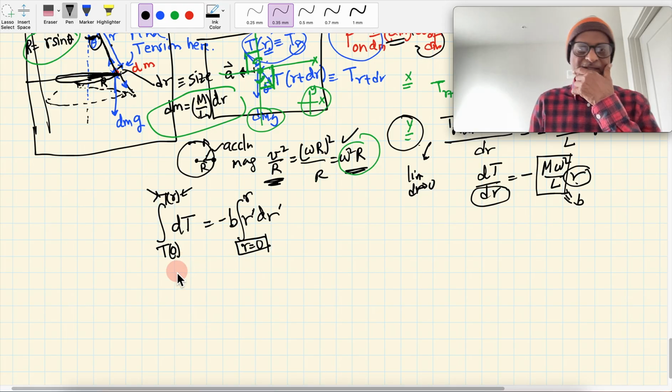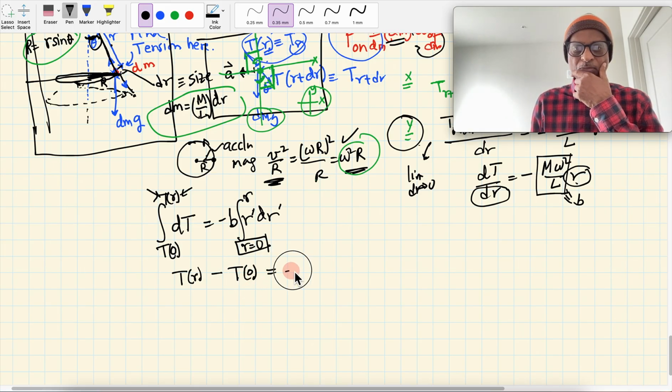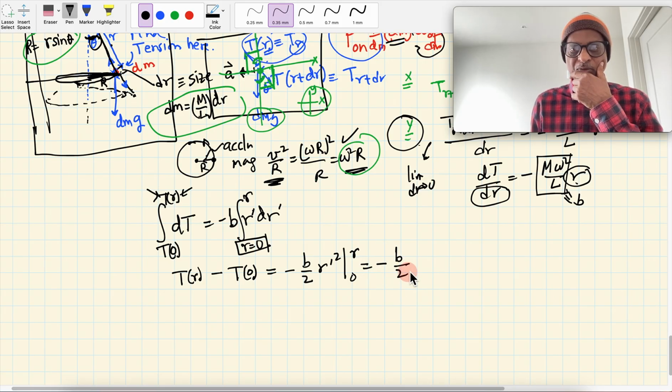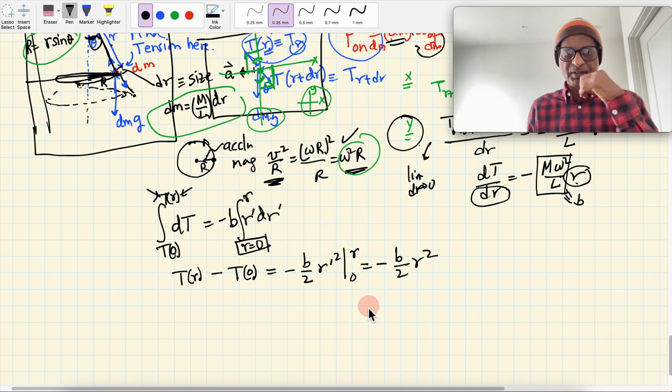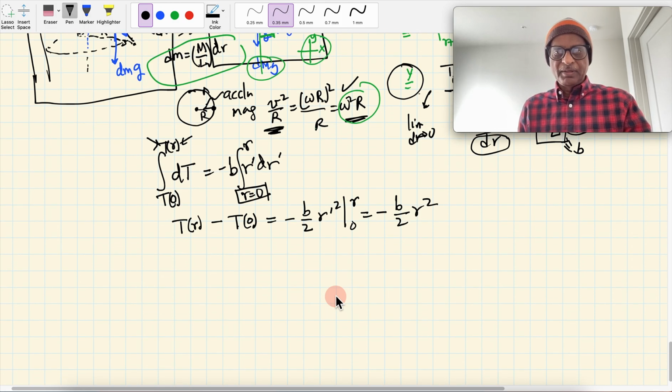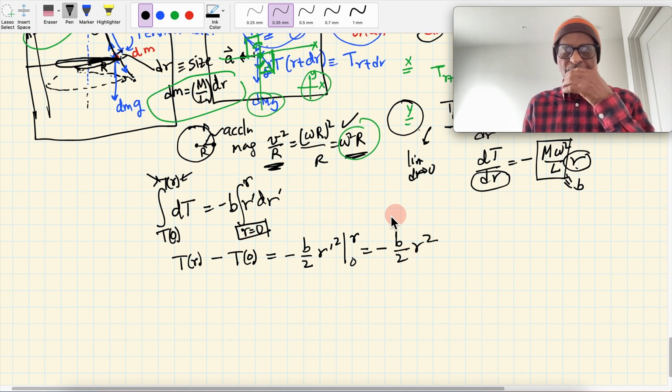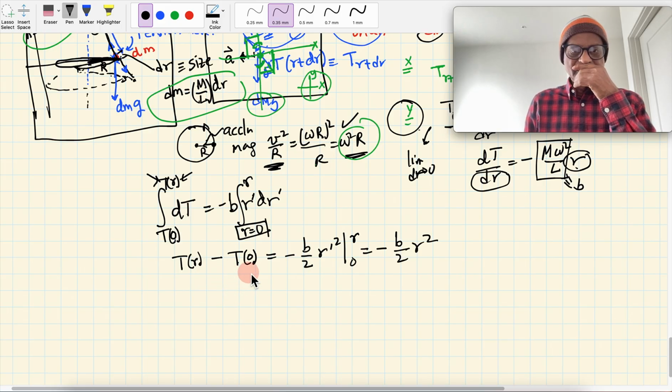And so when I do this, I get T at r minus T at 0 equals minus b over 2 r prime squared from 0 to r, which is minus b over 2 r squared. Okay, but we need to figure this guy out. How do we figure that guy out? Well,